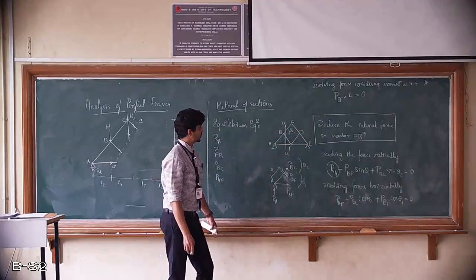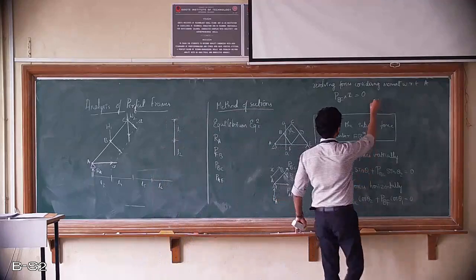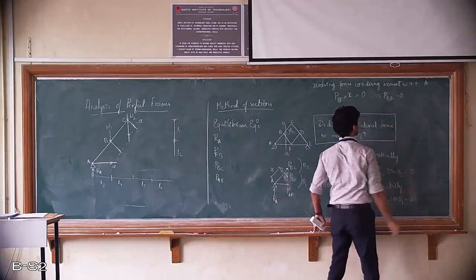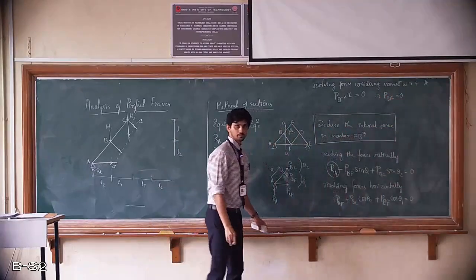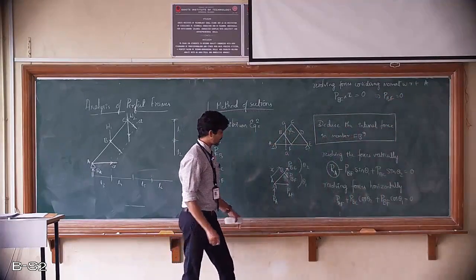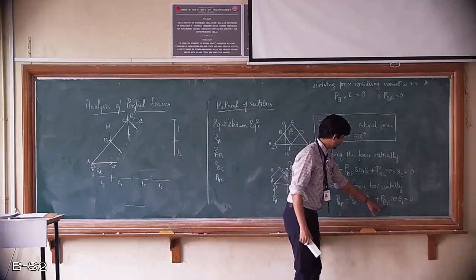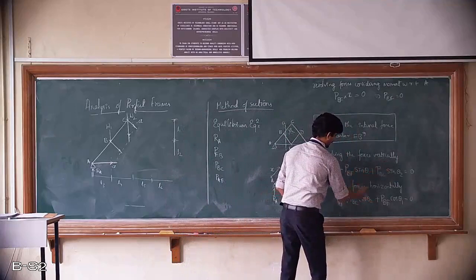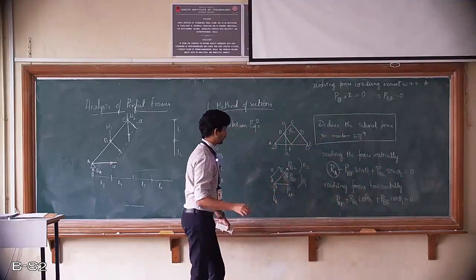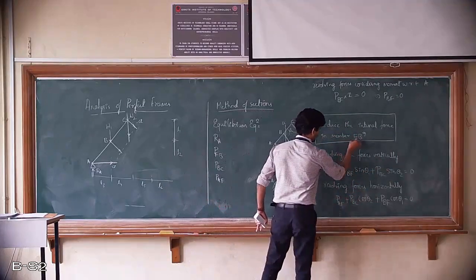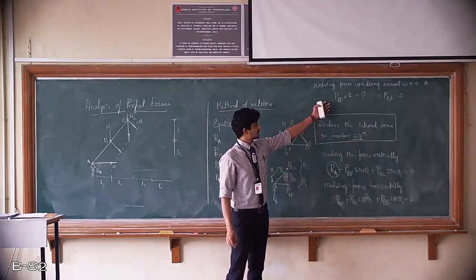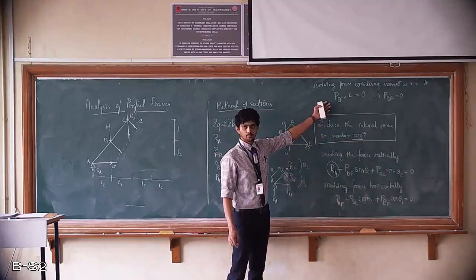Now this will give us the value of PBF equal to 0. So we got to know the value of PBF. Now if you substitute PBF, the rest we can deduce. Now the question was, we need to find the force acting at this particular member that we just found, considering PBF equal to 0.